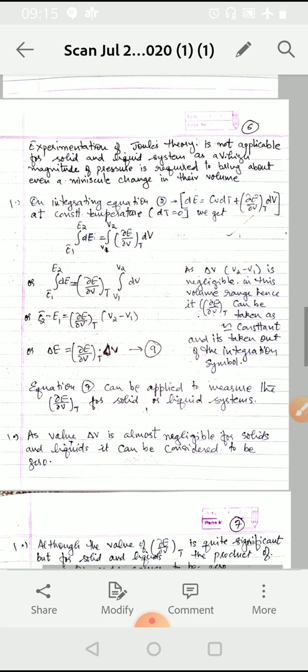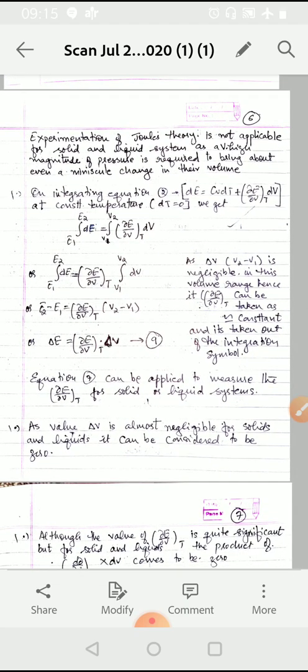The experiment of Joule is not applicable to solid and liquid systems, as a very high magnitude of pressure is required to bring about even a minuscule change in their volume. On integrating equation 2 at constant temperature, we get the integral of dE from E1 to E2, equals the integral from V1 to V2 of (∂E/∂V)_T dV. As ΔV is negligible, in this volume range, that is V1 to V2, we can assume (∂E/∂V)_T to be constant, and since it is taken as constant, we take it out of the integration symbol, and the equation becomes, applying the limits, the integral of dE from E1 to E2 is equal to (∂E/∂V)_T